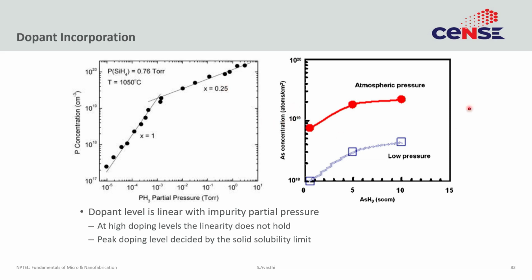The concentration also depends upon what pressure you are doing. This has something to do with open sites. The full discussion is a little more complicated, but it has something to do with open sites. With that hint, I'll leave it be. But at lower pressures, you tend to get lower concentration of dopants. At higher pressure, you tend to get higher concentrations. Also, the eventual concentration depends on solid solubility. CVD is a thermodynamic process. So, in general, you can't get higher doping than the thermodynamic or the solid solubility limit.